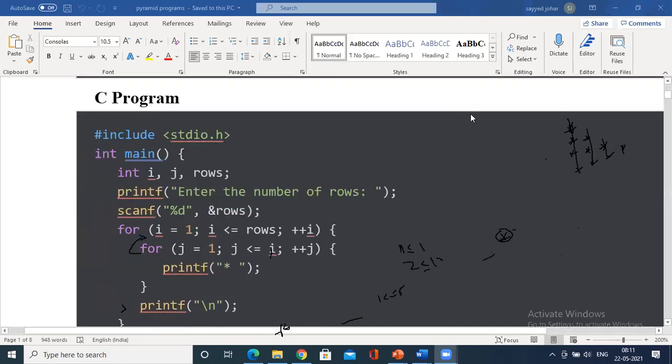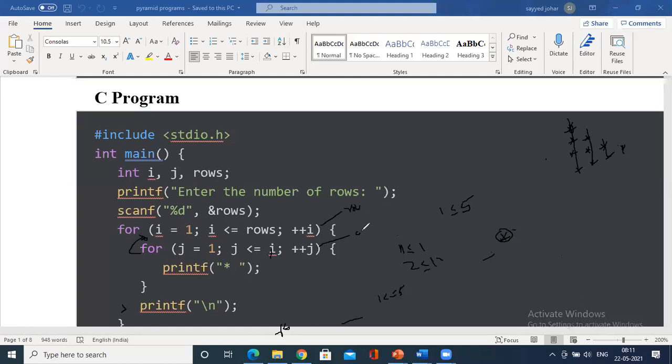Now let us see, for those who have not understood: this for is for the number of rows. So i equals 1, 1 less than or equals to the number of rows, 5. Yes, you enter the outer for. Now inside, j equals 1, that is the first column. This represents the row, this represents the column.